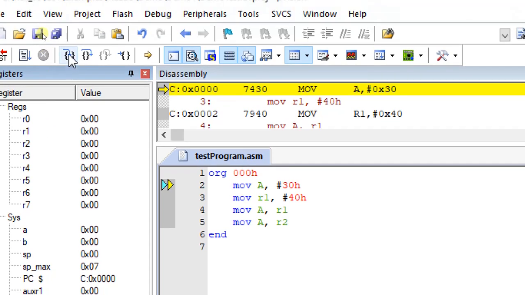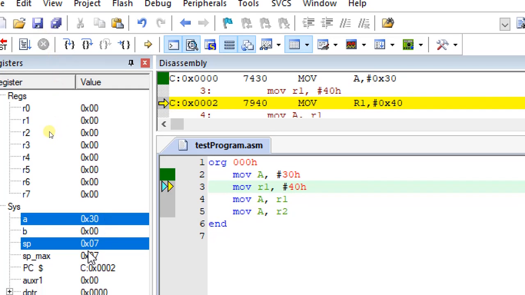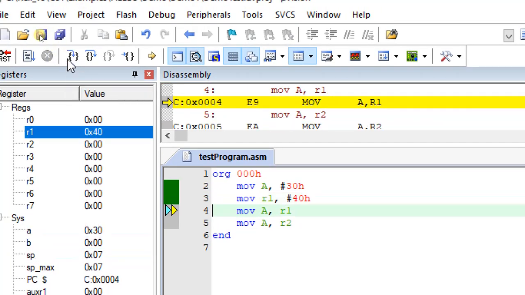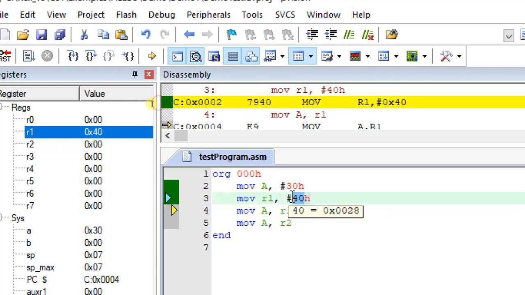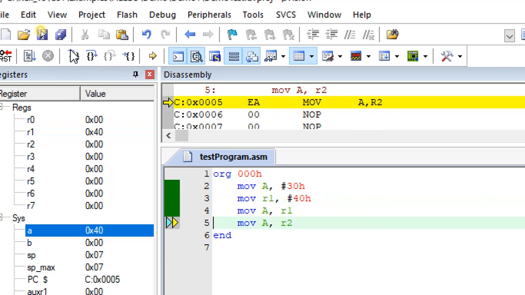Now let me execute step by step. MOV A, #30h: using immediate addressing mode I have moved the value 30h to register A. In the next instruction, MOV R1, #40h, the immediate value 40h has been copied to R1.